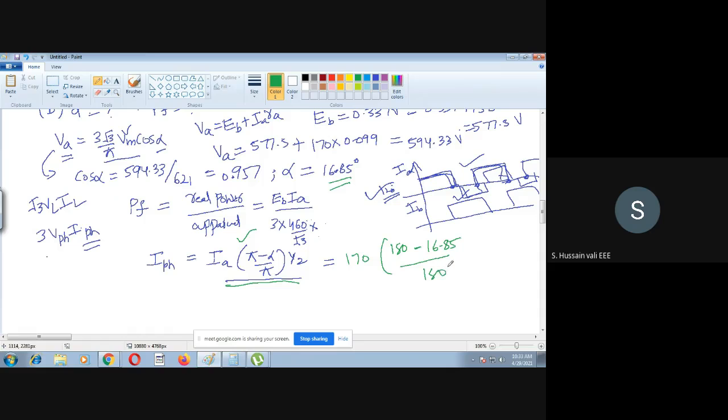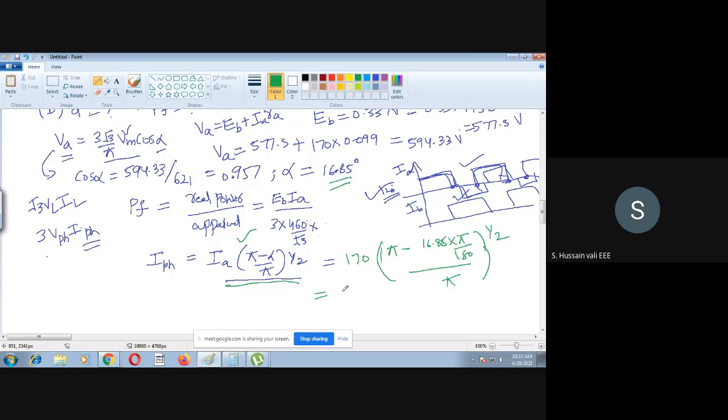But sir, I think you must represent that in radians. Yes, you must represent in radians, because if you represent in degrees, that's not the actual convention. So pi minus 16.85. How do you represent it as a radian? I can say 16.85 into pi by 180, whole divided by pi over square root. So what is the value you will get here?